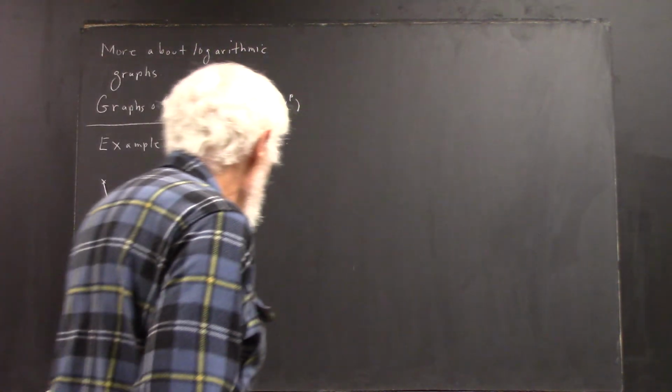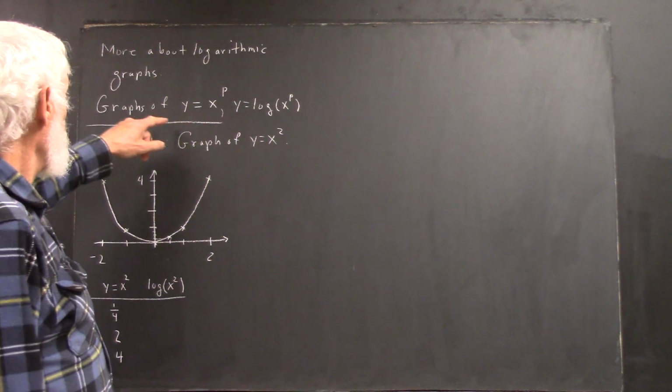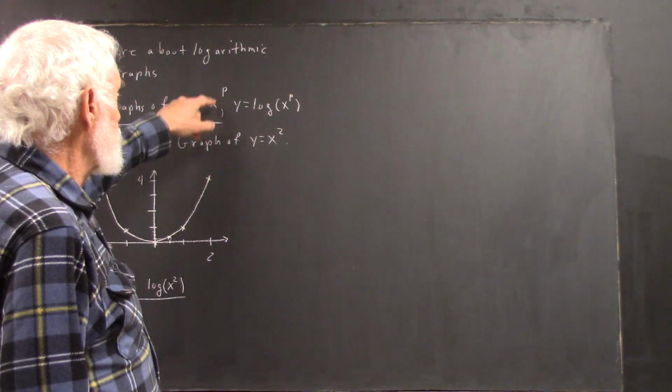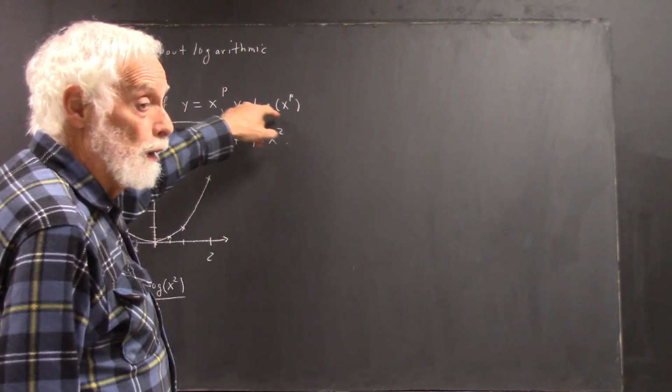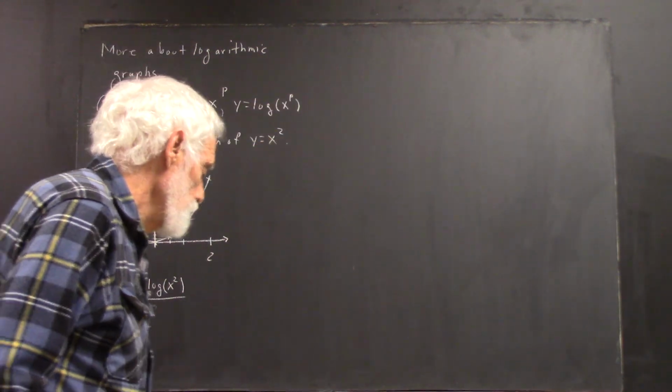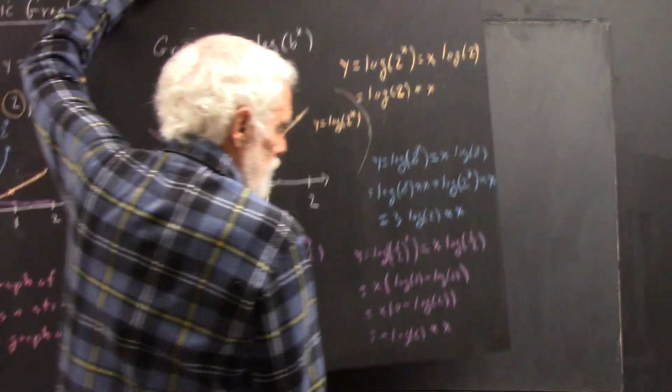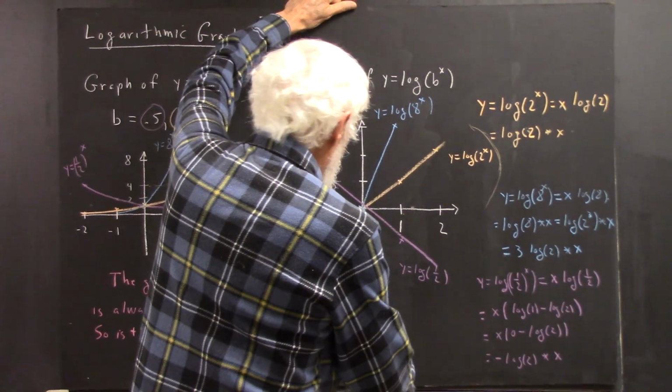Okay, we're going to talk a little bit more about logarithms, the graphs of y equals x to the p and y equals the log of x to the p. This looks a lot like what we did here, but the result is going to be somewhat different. You recall